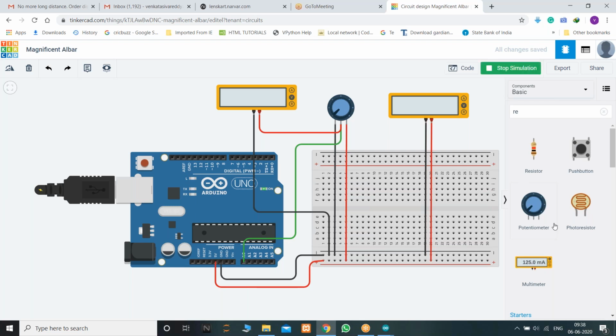Let us simulate this. So here the voltage we are feeding to this potentiometer is 5 volts. So the maximum voltage that we are feeding to this potentiometer is 5 volts. I am rotating this probe. See here, the voltage is increasing, right? The maximum voltage is 5 volts, and the minimum voltage is 0 volts. Am I clear? So we are generating some analog voltages here.